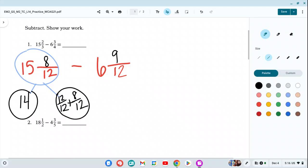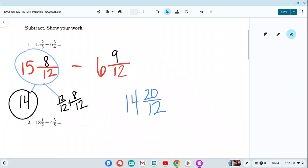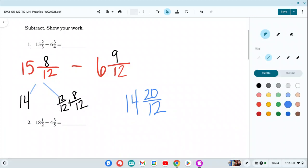That way, your child is able to subtract the subtrahend, which is 6 and 9/12, aka the number they're asked to subtract. So what I'll do is I'm going to put this whole kit and caboodle together. So we have 14 is my whole number. I'll then add 12/12 plus 8/12, which is 20/12. I made an improper fraction, and now I can subtract easily 14 minus 6, and then 20/12 minus 9/12, which, if you're